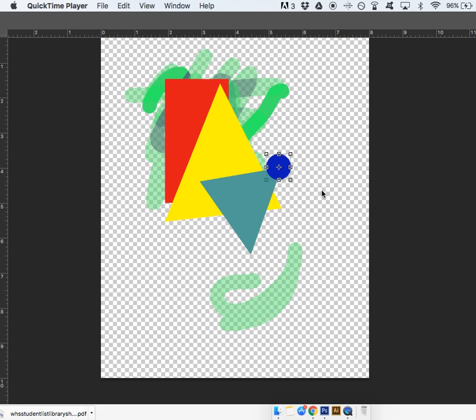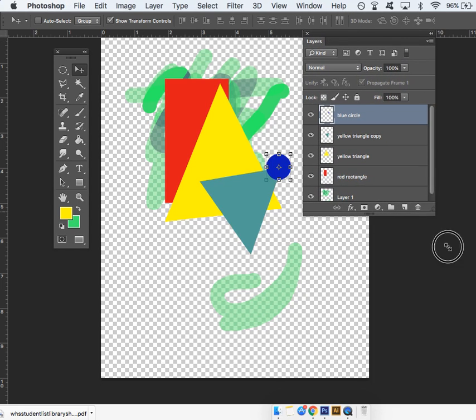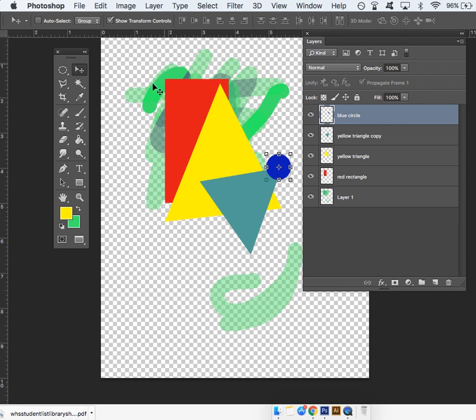What I want to do is show you how to take this and make a really cool pattern out of this. And it's so easy once you understand the basics with layers. You can take something that's so complex and make it something so simple so quickly. All right, well, first of all, I kind of like this, and I like that even that scribble on the